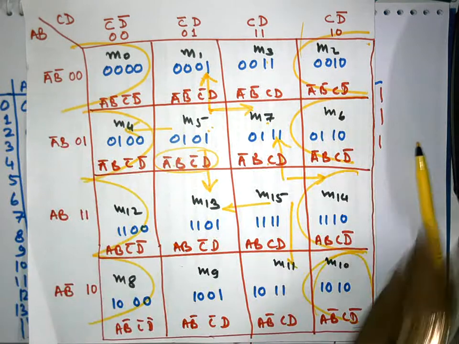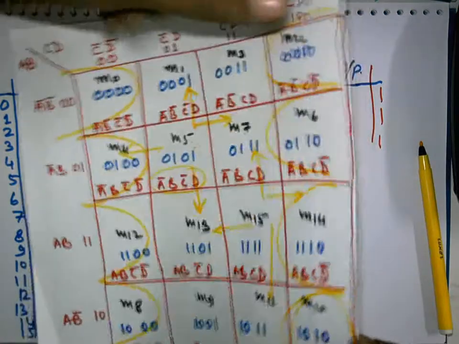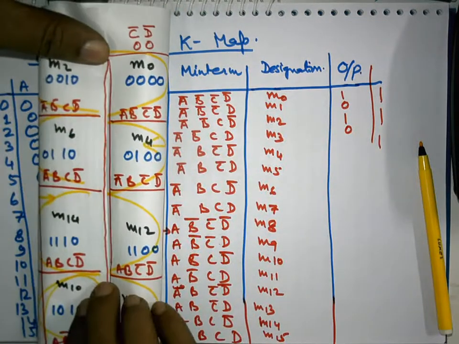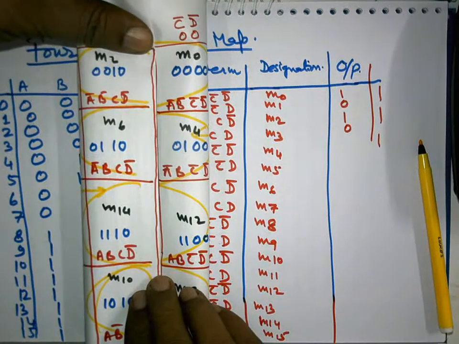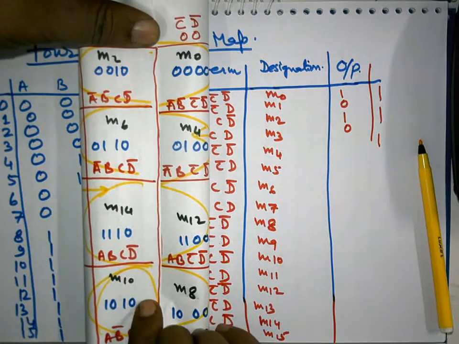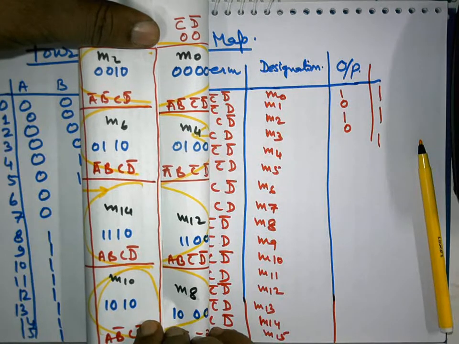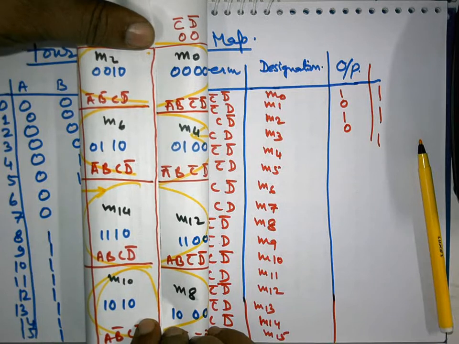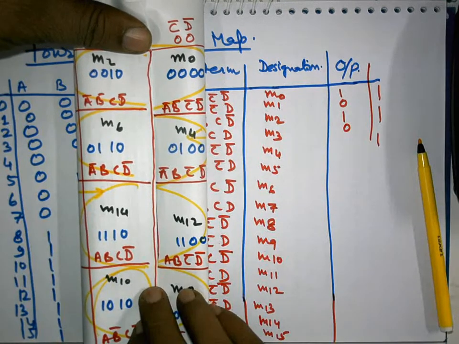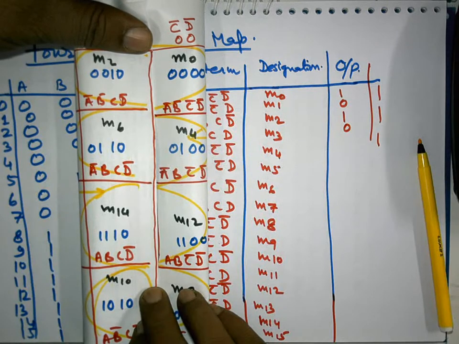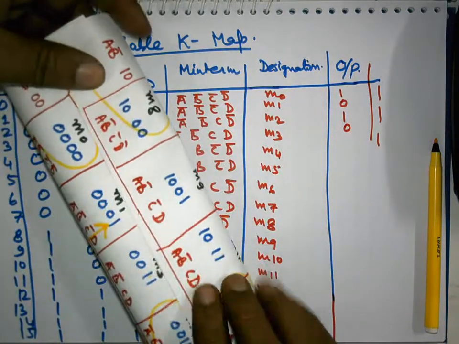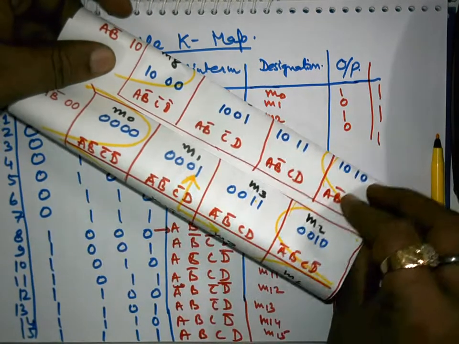This can also be observed if we fold this map like a cylinder, this way. If we fold this map like this, now you can observe that they are neighbors, that I have been saying to you. Now their neighbor behavior can be observed. From M2 to M0, which variable is changing? Only C is changing. So the same neighbor behavior can be observed if we fold the map cylindrically like this.